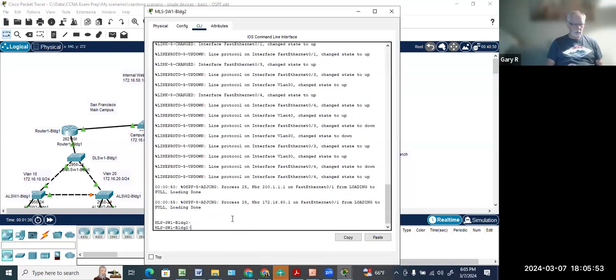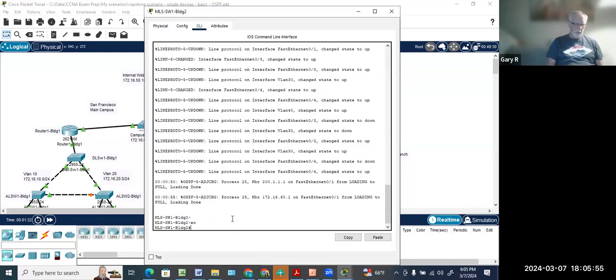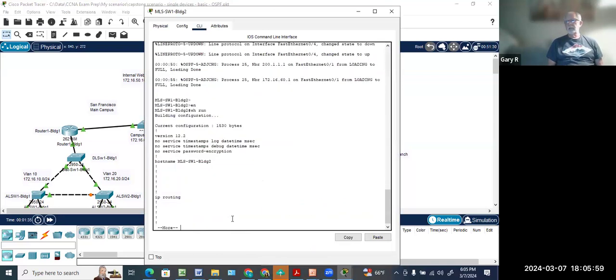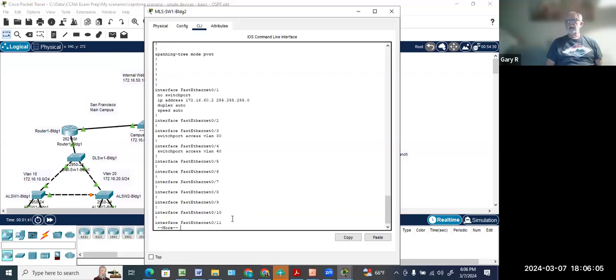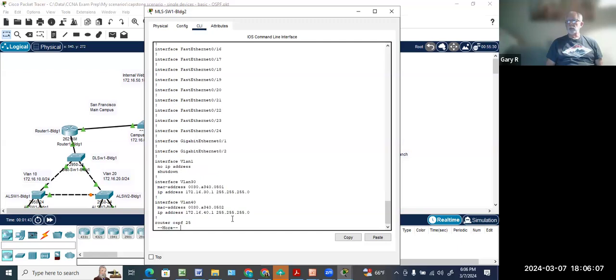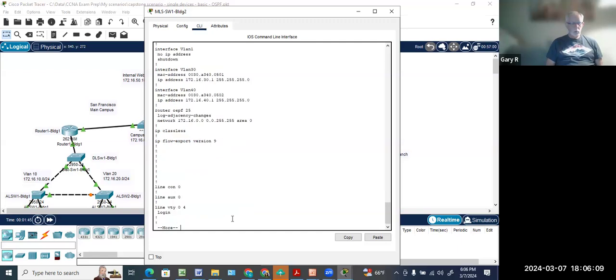But let's just get in here. Let's do a show run. I'm going to see if we have this thing already configured. Yes, we do have it. Okay. So I'm going to show you this configuration here. What we need to do in order to